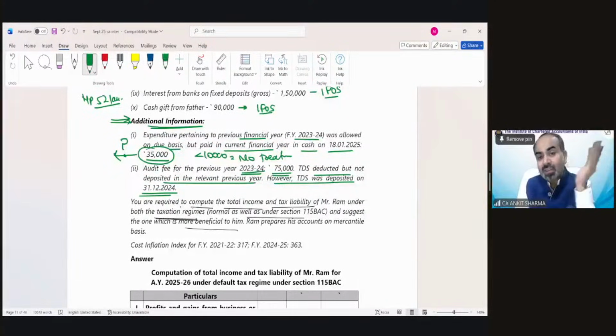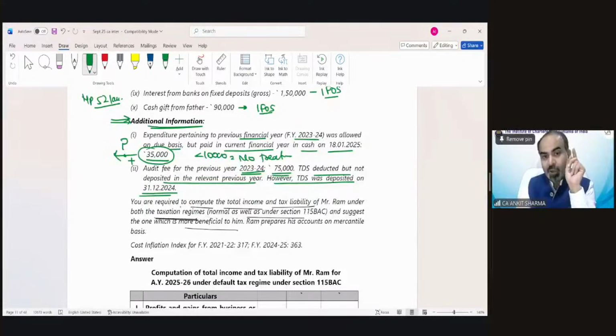Because in the last year you have claimed the deduction, but in this year it has been paid in cash. So it should have been disallowed in the last year, but we cannot do so. That's why we are going to add this year 35,000 in my 52 lakh rupees profit. If it is less than 10,000, that means we did not yet reduce it from my profit of 52 lakh. So it has not violated any provision of payment in cash more than 10,000, so it would not have been disallowed in the preceding year also. So we will not disallow it in this year.